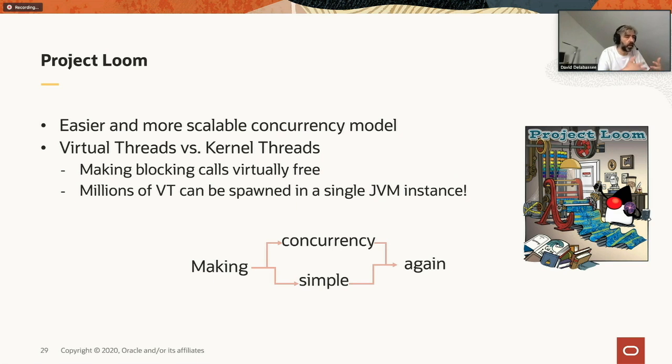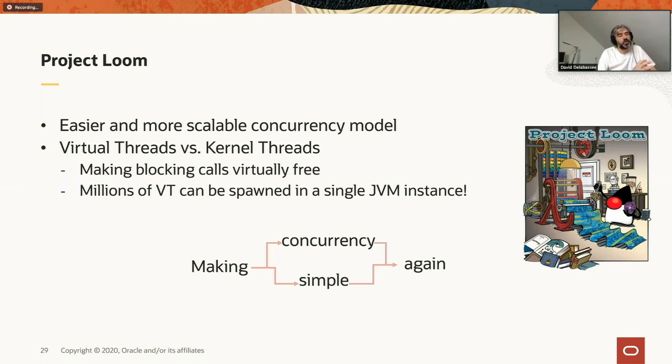So basically, you can write applications using virtual threads. Your code can block, but you don't have to pay with resource underutilization. Those threads are so cheap that you don't even have to pool them. So you just block the thread and you start a new thread. It's not an issue because those threads are very cheap. So that's basically what Loom is trying to solve.